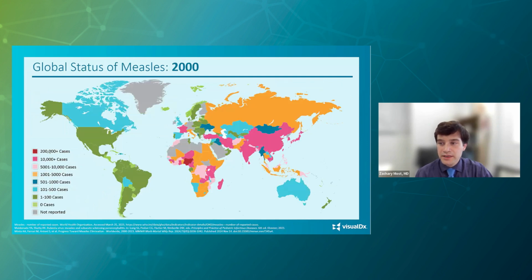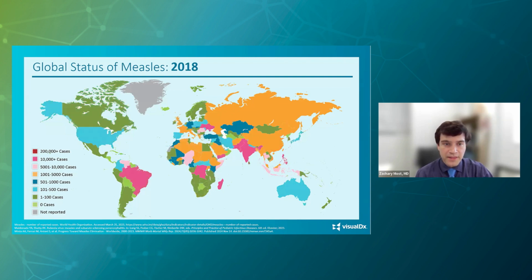Measles around the world is a bit different than what we have experienced with measles in the United States. It's important to put the experience we're having in the United States in the greater context of what's going on in the world. This image shows data from WHO, and this was the number of measles cases per country in 2000. And then fast forward to what it looks like in 2018.